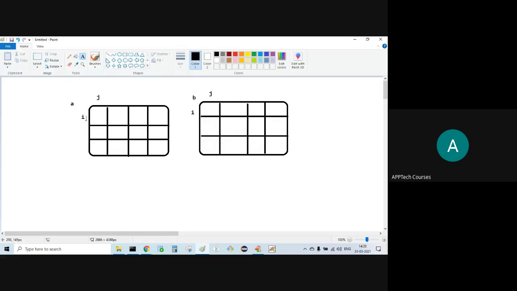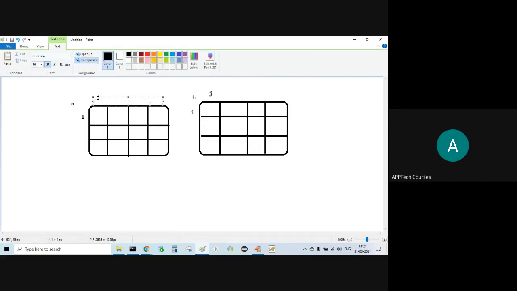Now a of i j. That means here 0, 1, 2, and 0, 1.